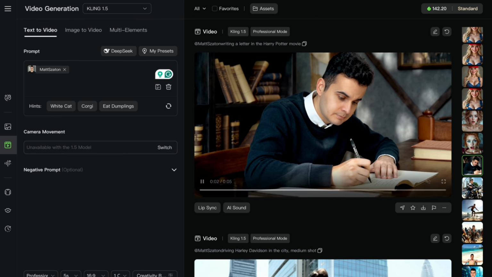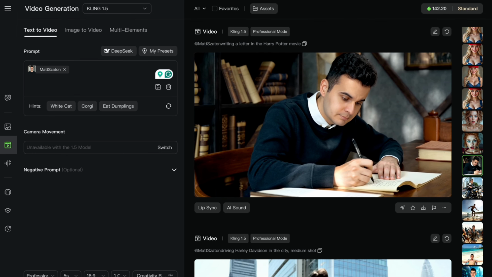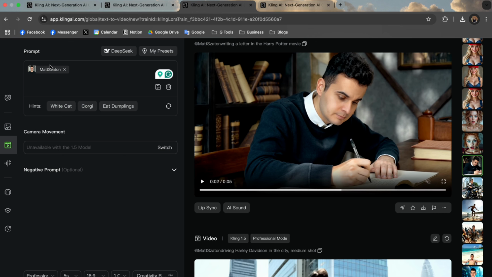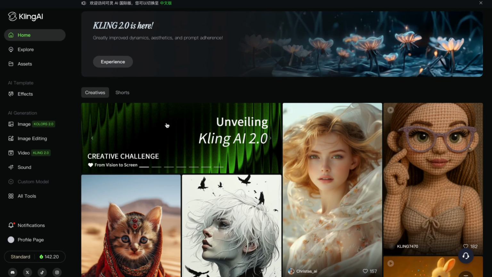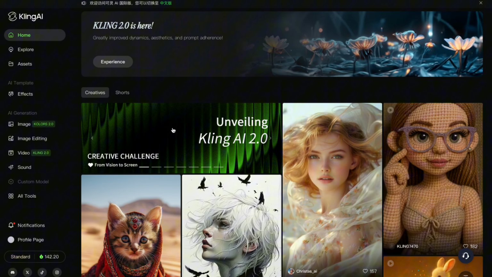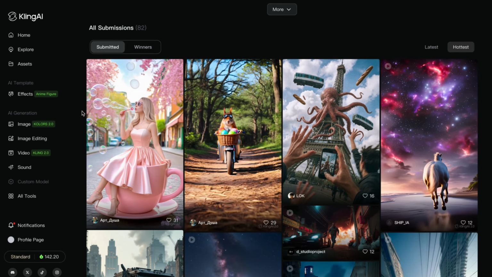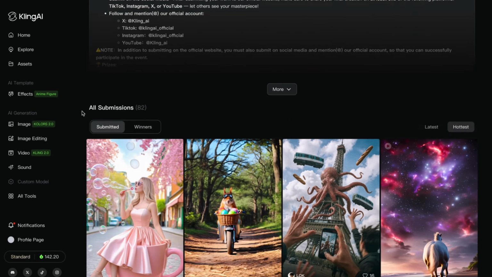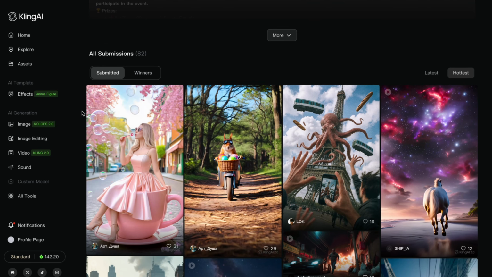So this is why at some point it might be useful to get back to older models. And now there's also one more thing that I wanted to show you. When you head over to the main website, which is here, you can access the creative challenge. In this challenge, people can post their own content and you can explore the content that they are creating. So I want to show you a few generations that people made, so you can basically see how